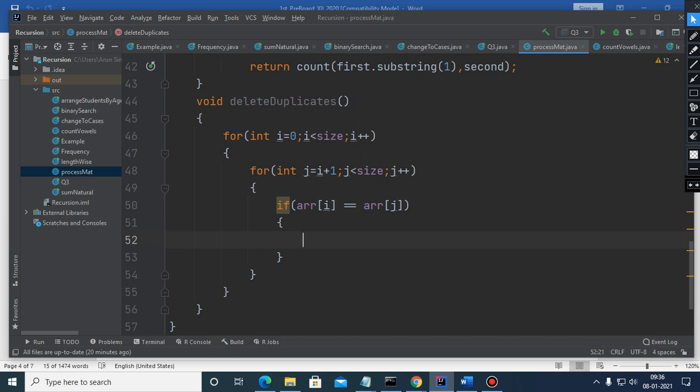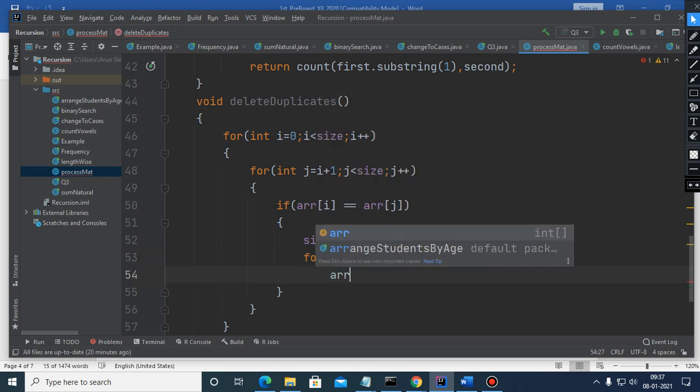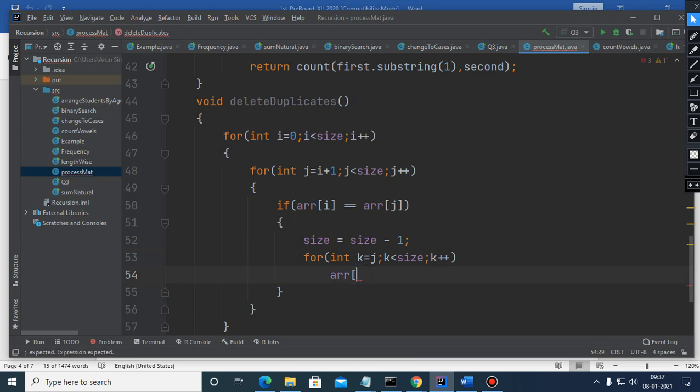You need not write that put 0 in arr of j. No, sorry, that is not allowed. So what to do? Reduce the logical size of the array. There is another loop that will go from j till it is less than size, k plus plus, and arr of k will be arr of k plus 1. This is the shifting, and after shifting I just want to decrease. Don't forget to decrease the logical size of the array, and don't forget to reduce this value